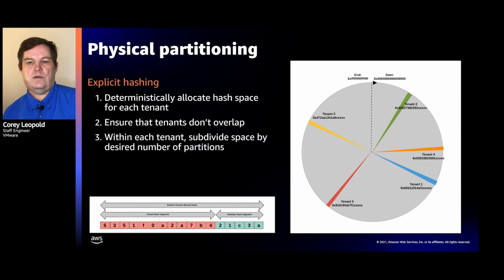As Sai mentioned earlier, Kinesis has the ability for users to use explicit partition keys, and our architecture takes advantage of that feature. It helps me to think of the key space as numbers 1 through a 32-bit unsigned integer. Because we are now partitioning data by tenant, we need a way to map tenants to the key space. We accomplish this by using the first 11 bytes of the key to identify a specific tenant. Then we reserve the last 5 bytes of the partition key as a shard identifier within the tenant, allowing us to have multiple shards per tenant. You can think of this as each tenant having their own mini Kinesis stream.